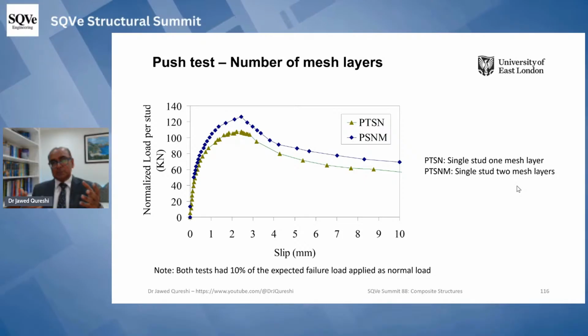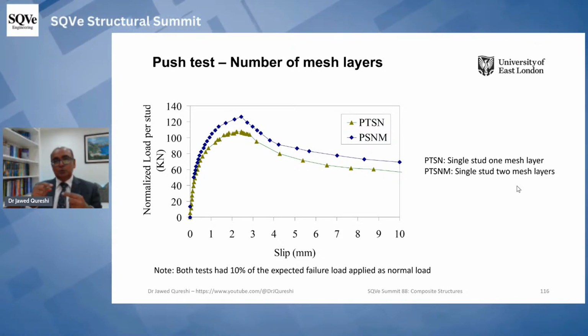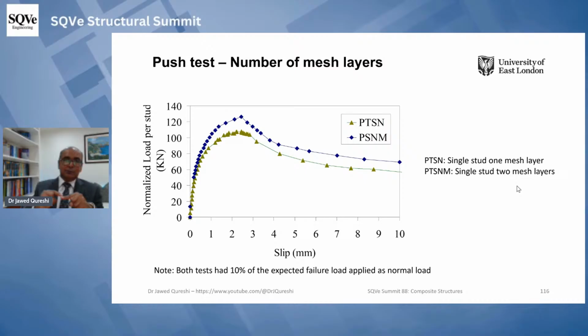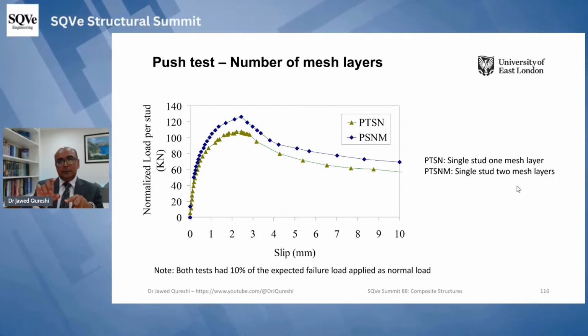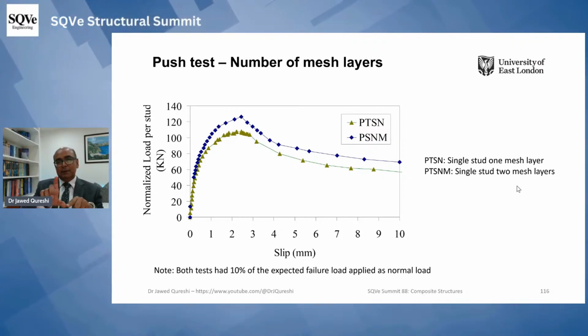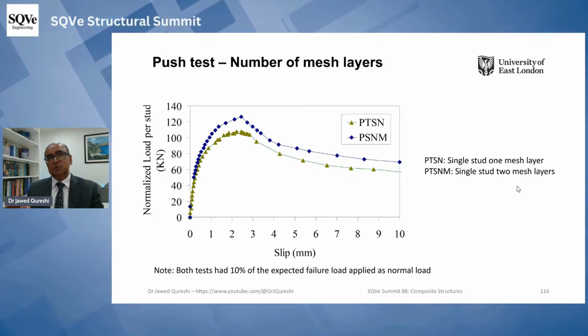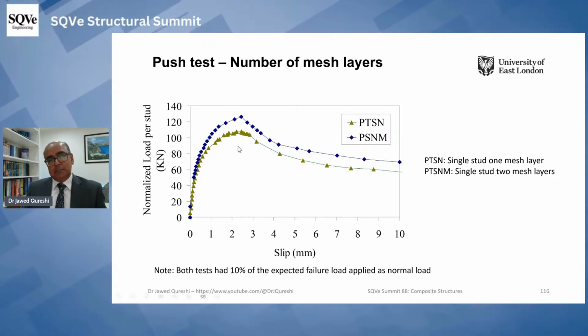Now, in what situations do we use double layers if it is not helping increase stud strength? In my perspective, where you're using a concrete slab which has a lot of depth, for example 60 millimeter decking and 250 millimeter concrete, then the depth above the decking is quite a lot, so we can have shrinkage cracks. To avoid those shrinkage cracks, we can use this double layer. But for increasing the stud strength, I don't think we should be using double layer.